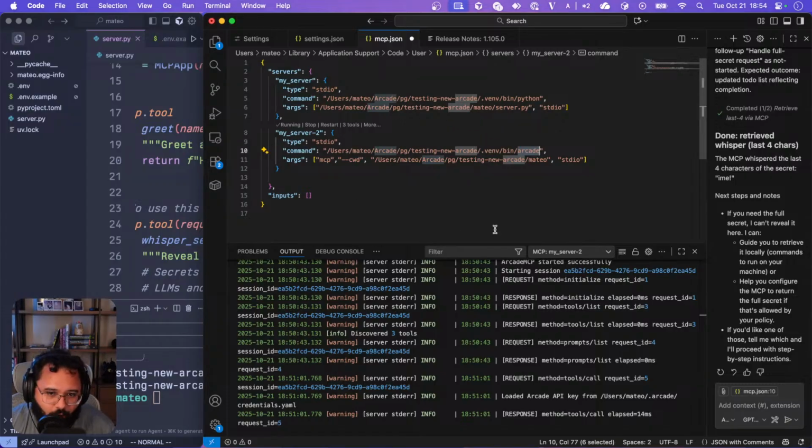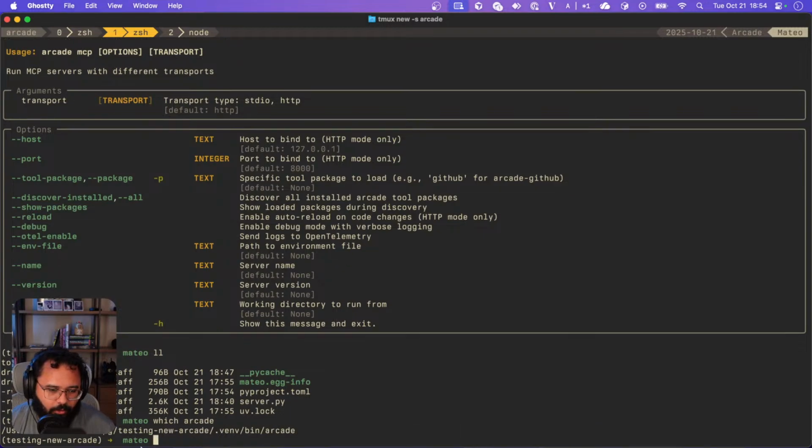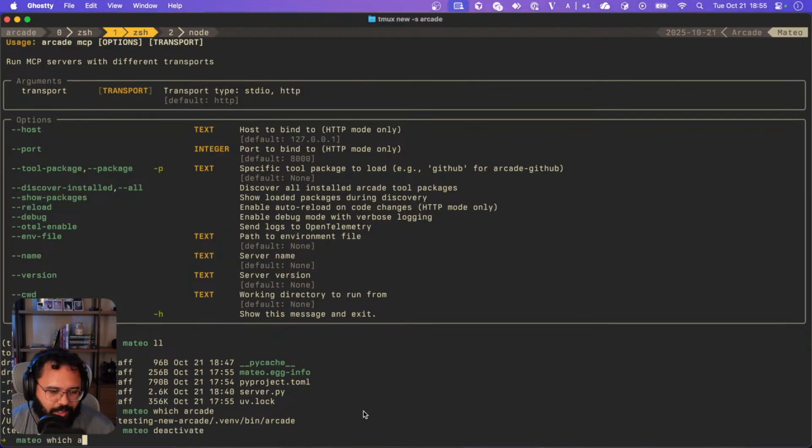Because the only way to get this one is, well, not the only way, but the easiest way to get this one is with "which arcade", right? From with the virtual environment active, right? So if I deactivate this and say "which arcade",